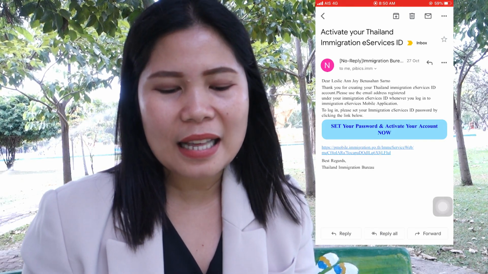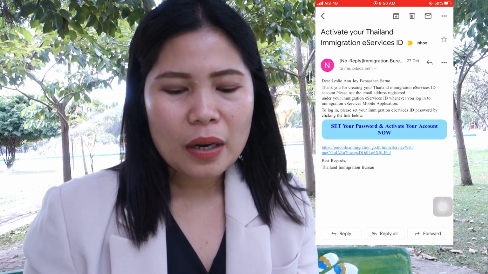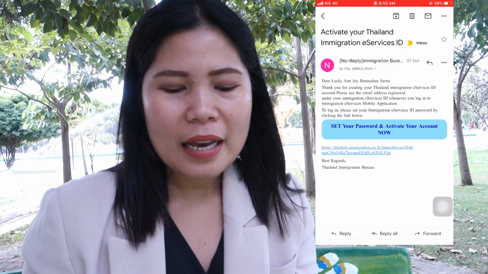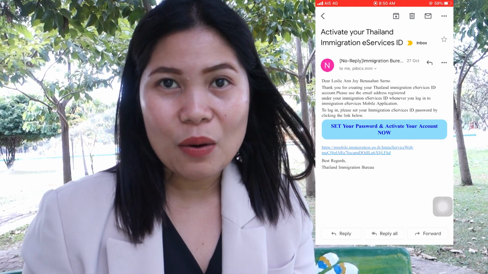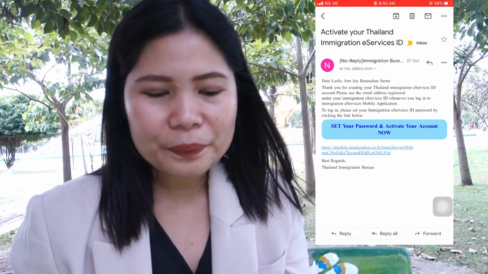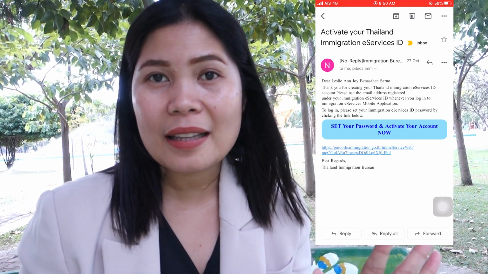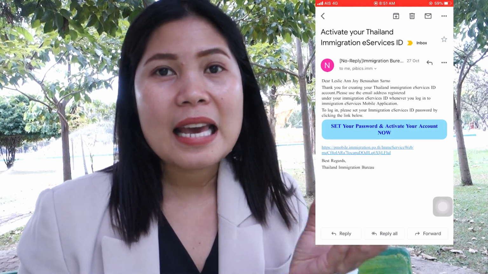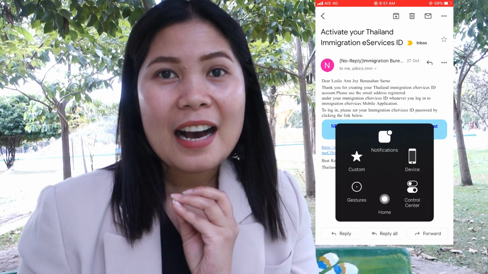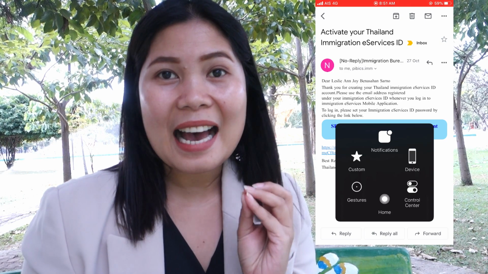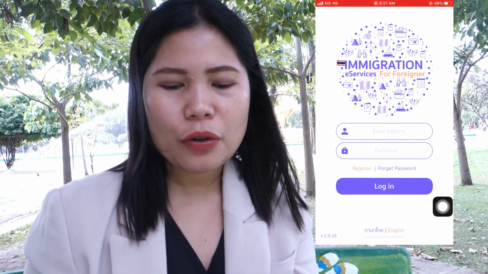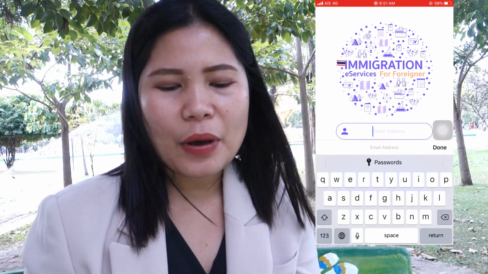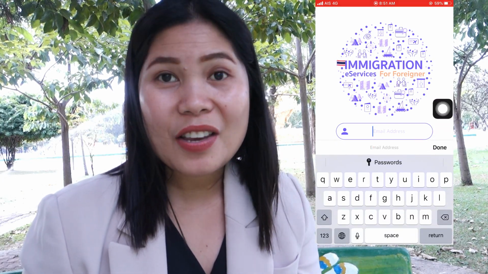The part highlighted in blue says that you should set your password and activate your account now. So you have to click that one, and after you click that, you will see a notification that says your account is activated. Then you have to go back to the app, and log in using your